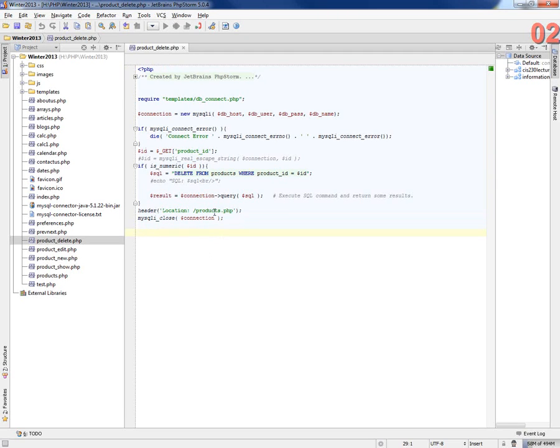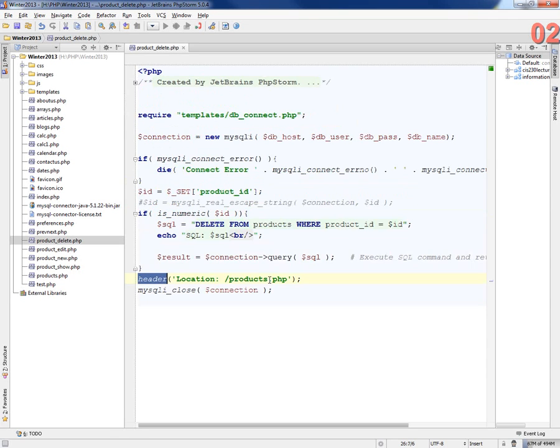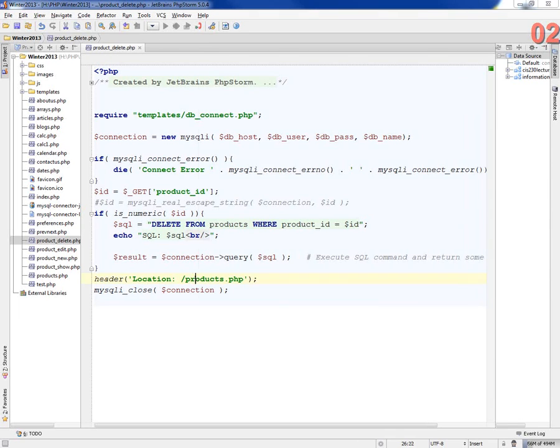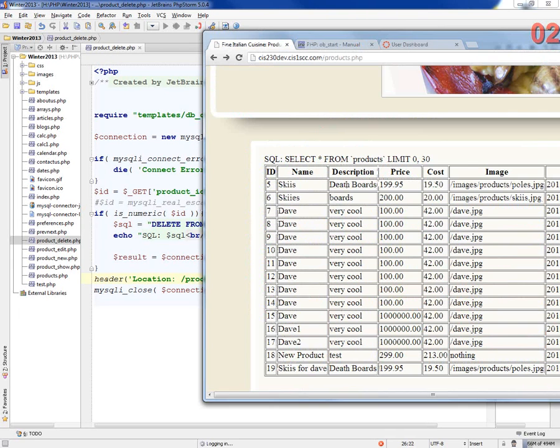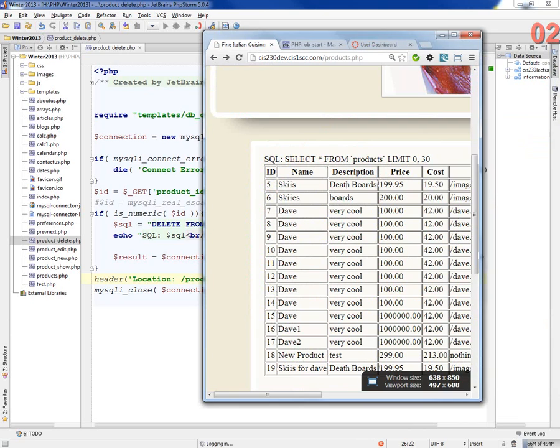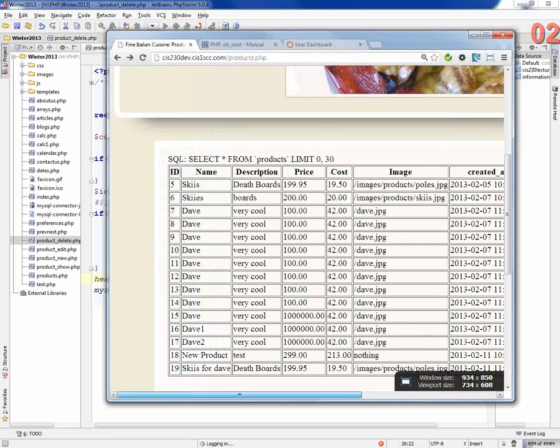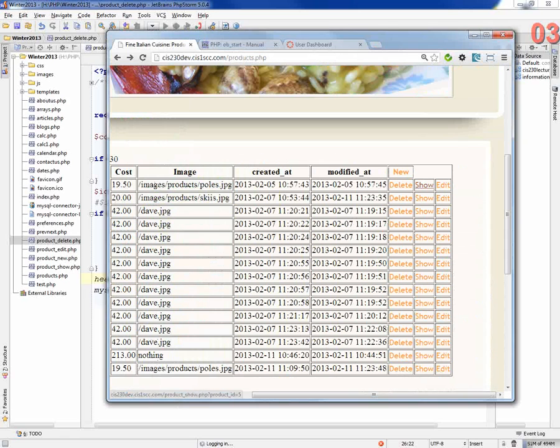We did a redirect here, and let's say we have our echo in here. This header then will not work, right? Let's make this bigger so we can actually see it. If I run this delete now on my little page, it's growing bigger. If I show delete,